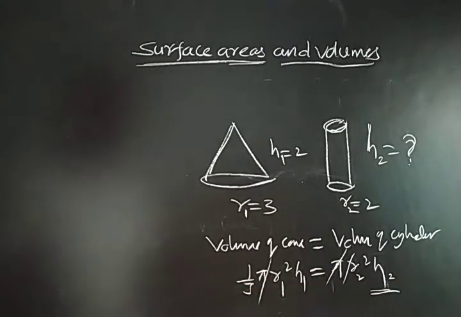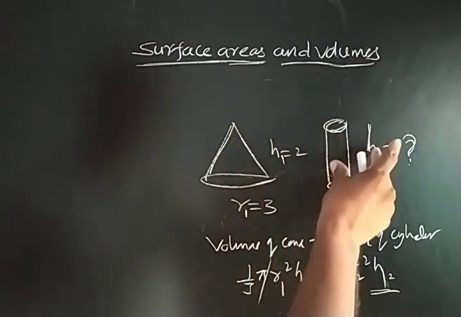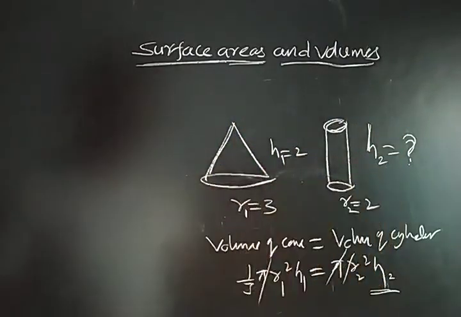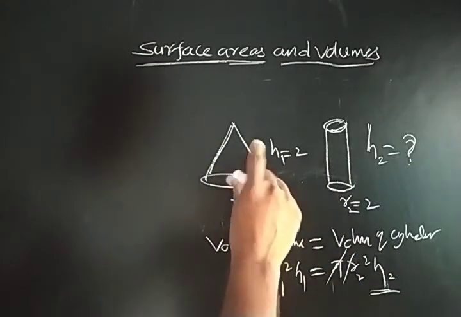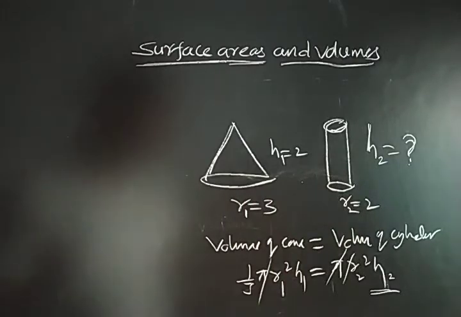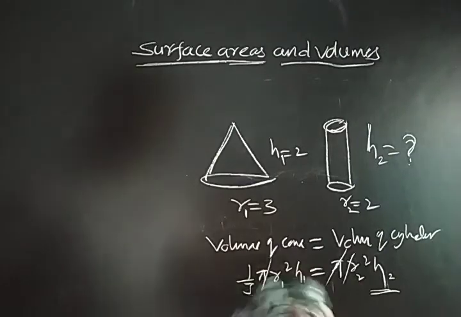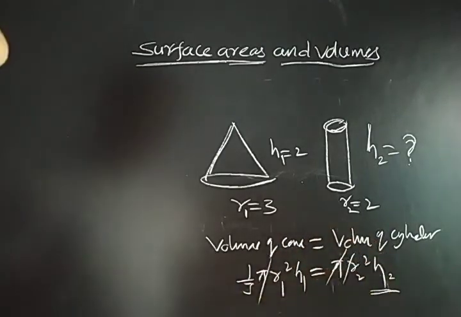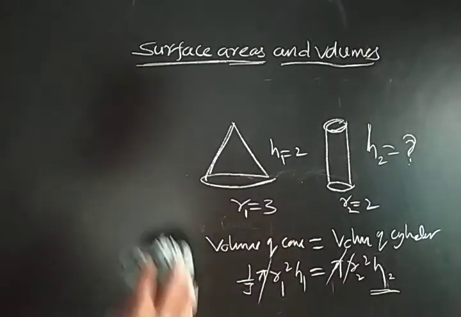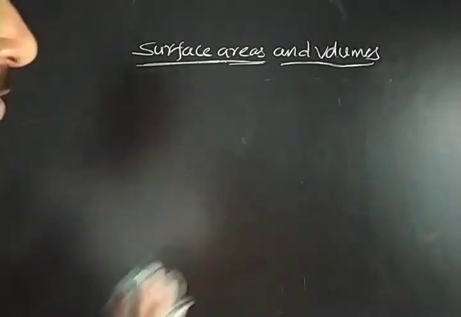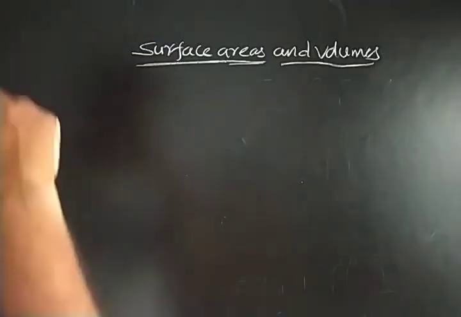Okay, when we are melting and recasting into a new figure, the volume will be equal. Just keep this point in mind: volumes are equal when one solid is melted and recast into a new figure. So this type of problems are there. Taking the volumes as equal, you will automatically get the unknown quantity in the questions. Okay, one more question.